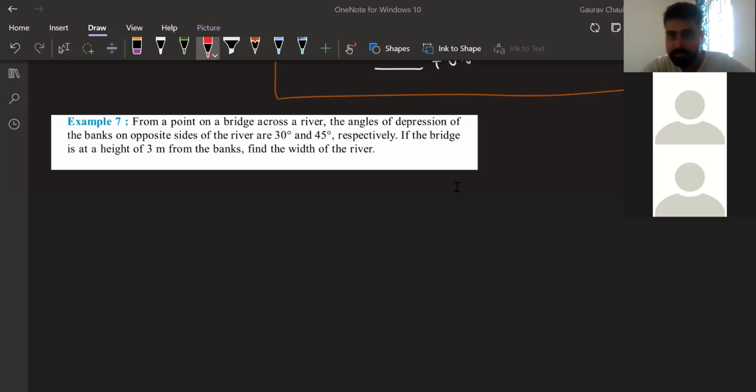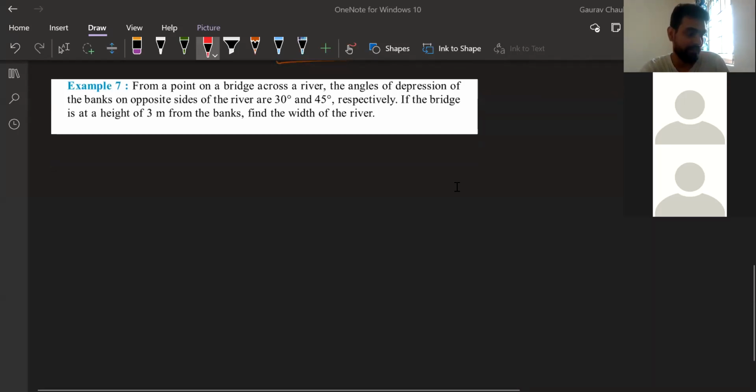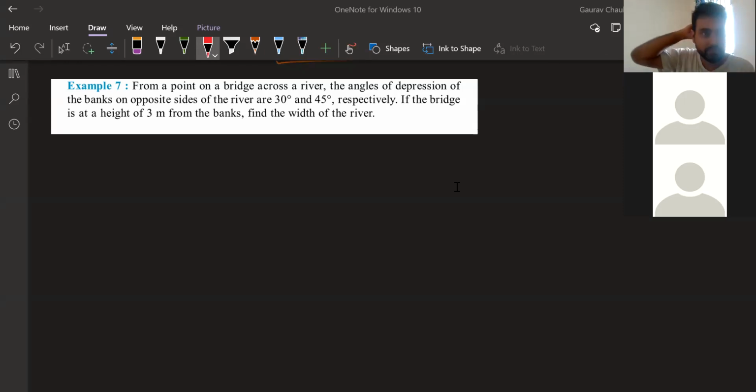All right, can you see the screen now? We're doing example 7. We're just going to attempt the diagram. Once the diagram is clear, I think it will be fine for everyone. This is a little different kind of question. It's not something which we have seen, just like the sun and shadow one was a little different. But once you get a hang of the question and are able to visualize it, the diagram becomes very easy. Let's read the question and figure it out.